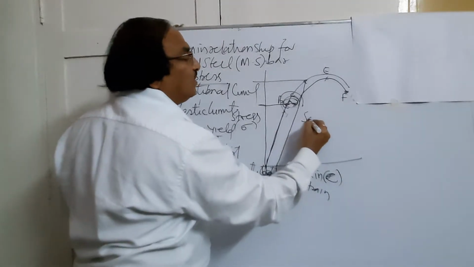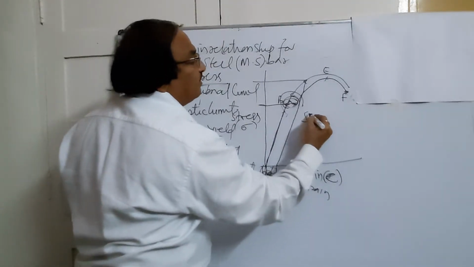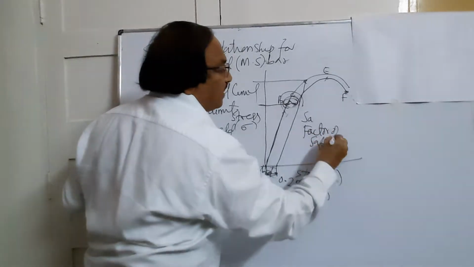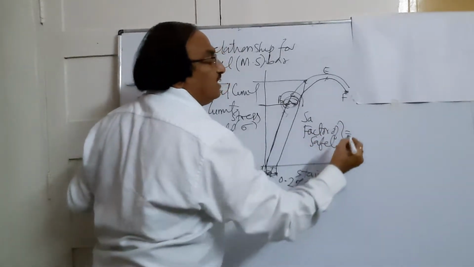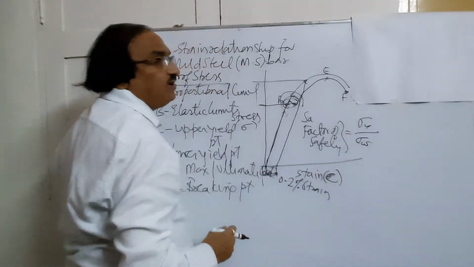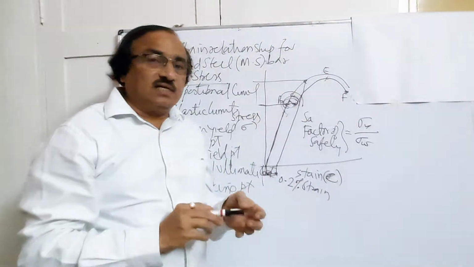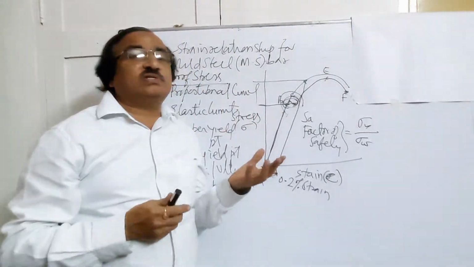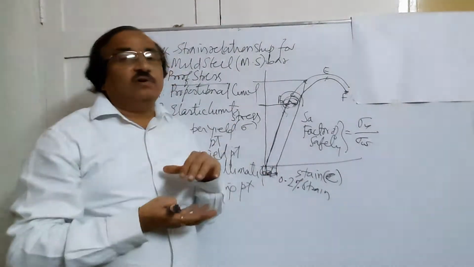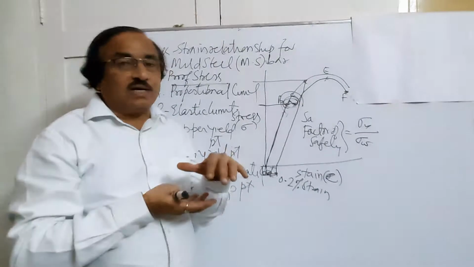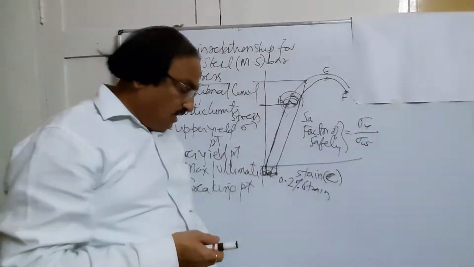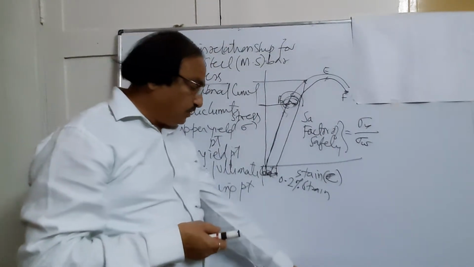Whereas we have got a term known as factor of safety. Factor of safety is nothing but the yield stress divided by the working stress. Whenever we design a structure, we will be knowing the maximum strength it will be taking. We divide it by a factor of safety so that it will be within the safe and working load conditions. So these are the things that we will be studying in this particular portion.